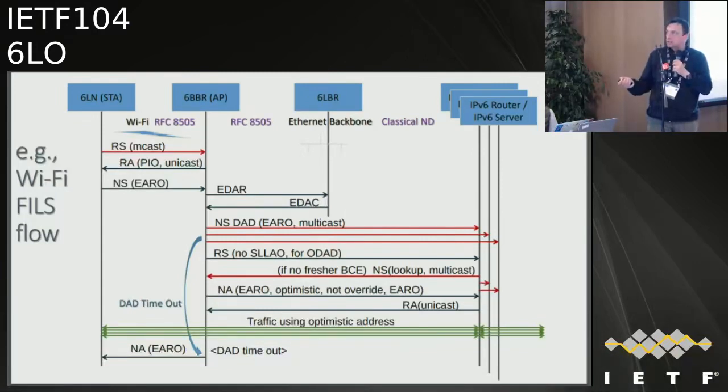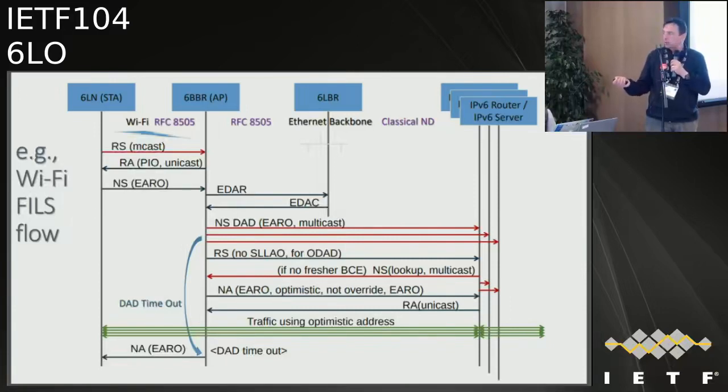Now you can send an address registration option to the 6BBR. If we have this 6LBR on the backbone that I just mentioned, this new thing with the fourth RFC, then we can do another EDAR. If that's the only validation method that's needed, we can already know at that point that the address is not a duplicate, so the traffic can start. Now, if we don't know that, we can still use optimistic DAD,